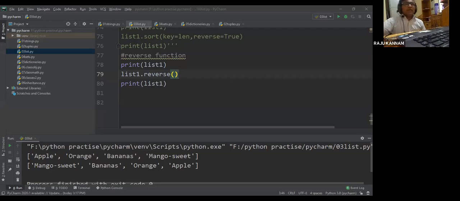And remember, it will not allow duplicate values. Sets will not allow duplicate values. Previously in the list and tuple, we have saved the duplicate values also. Orange we have saved 2 times, and 2 we have stored 3 times, right? But here in set, that duplication is not possible.